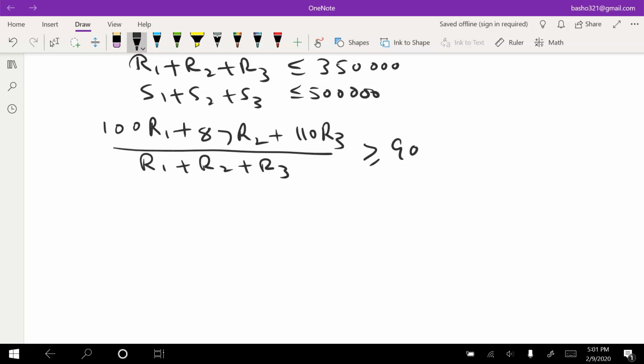So total octane from the 3 inputs divided by how much we are going to produce, that ratio will give us the 90 octane level. So this will simplify as 100 R1 plus 87 R2